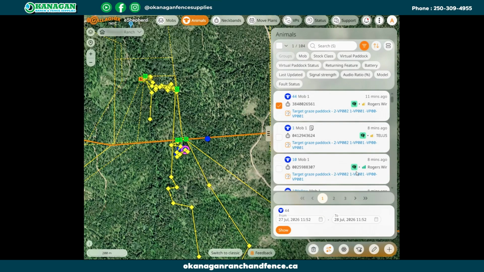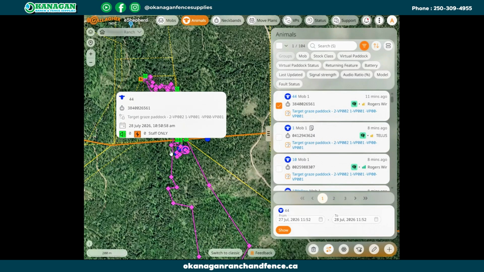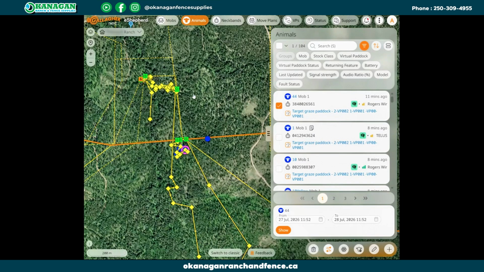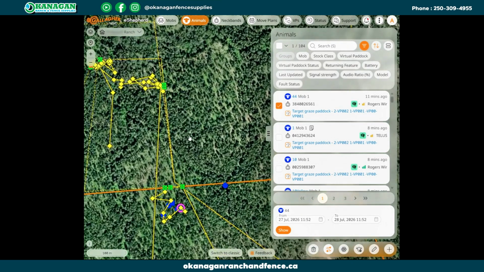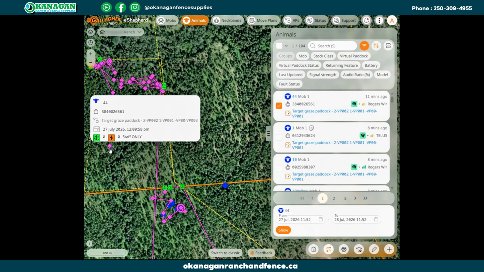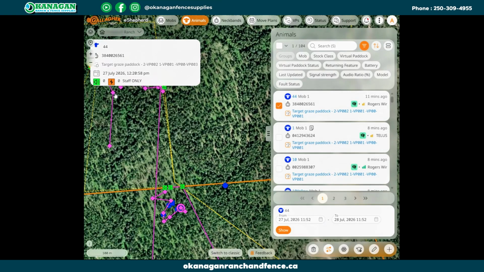Something that is good to know is that the line between the yellow diamonds does not necessarily mean the animal walked in a completely straight line. See this guy here, he very unlikely walked completely straight. This just means that it took 10 minutes between when the waypoint occurred and when the animal was marked, and they were likely meandering around, so they're not actually traveling in a perfectly straight line. You can see here, these triangles mean that's when they checked in. So this was check-in 1, and then a 10-minute interval later, this was another check-in,